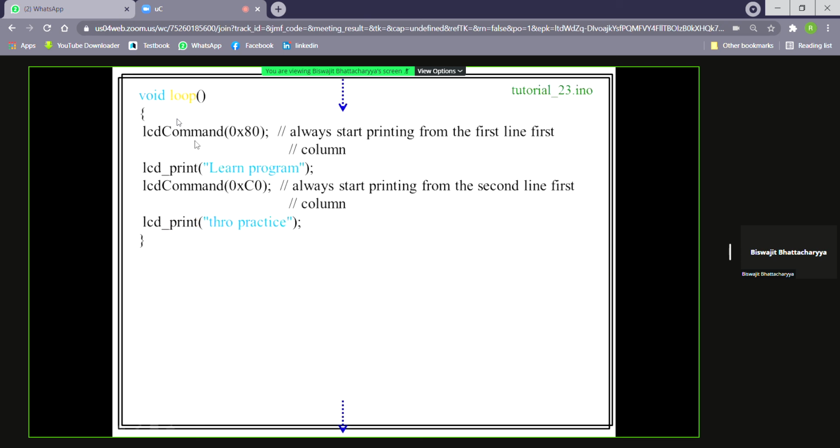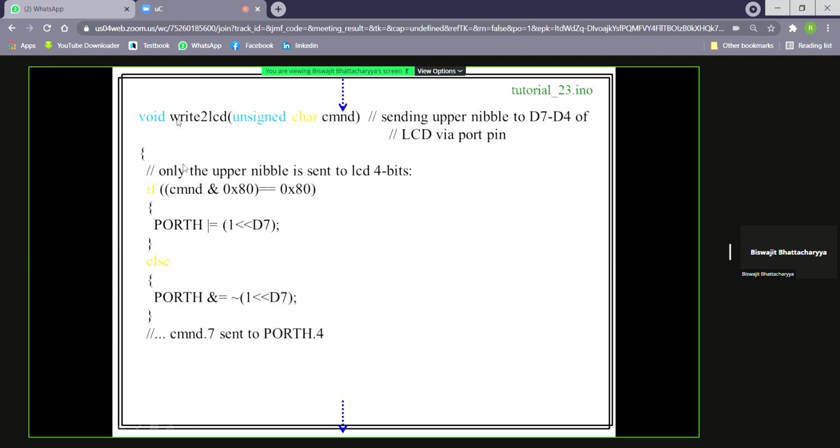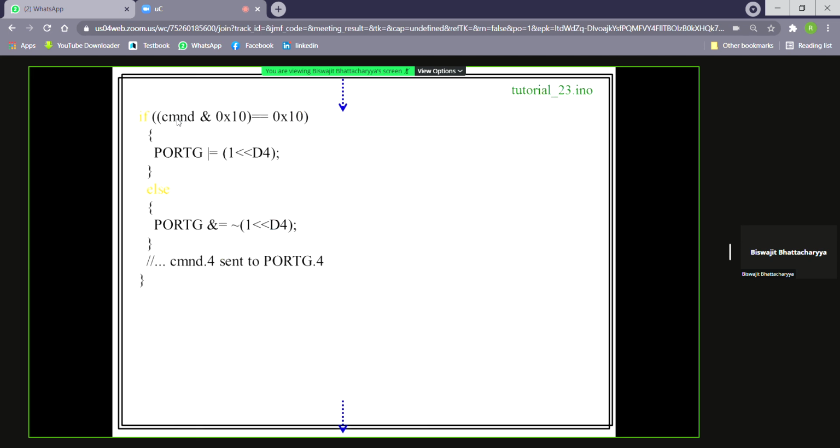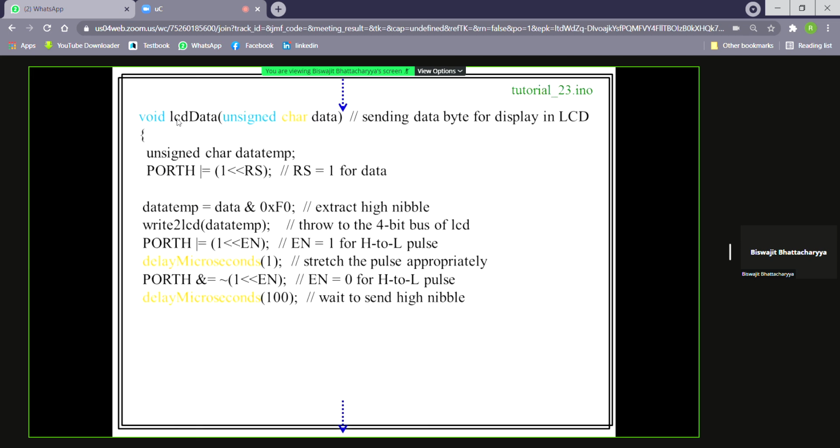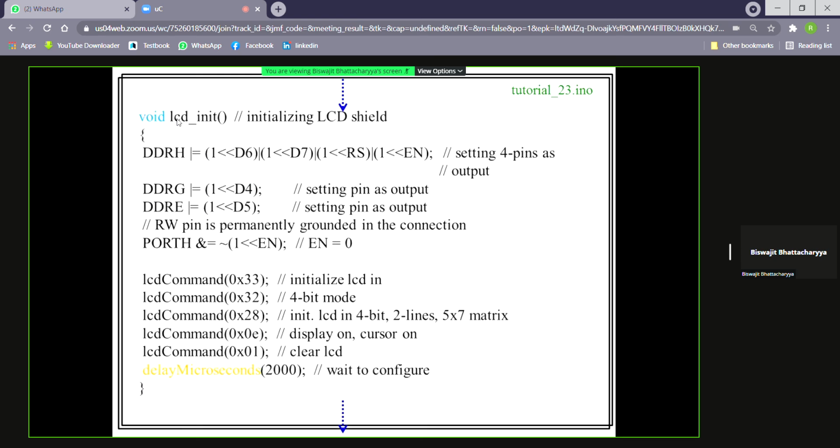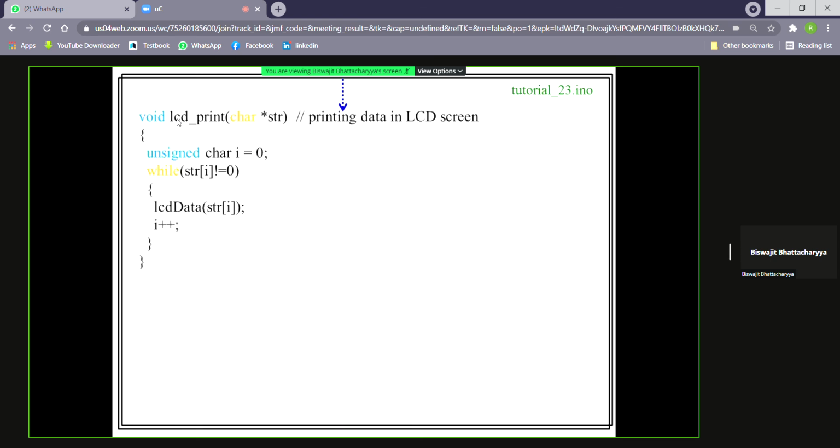So LCD print is a function we have defined. So what is our LCD print? LCD print takes a set of characters. You are using star str, a pointer to the variable.